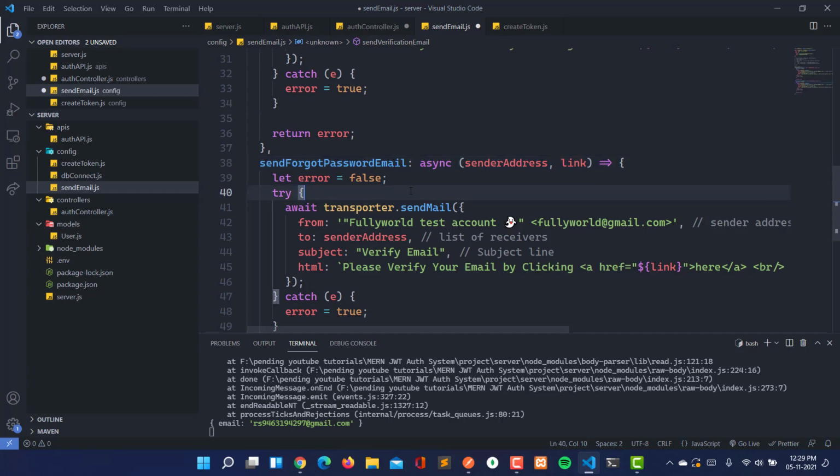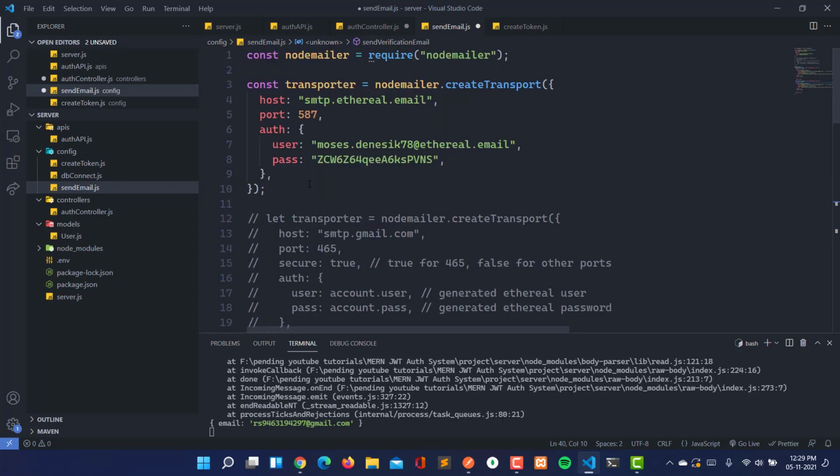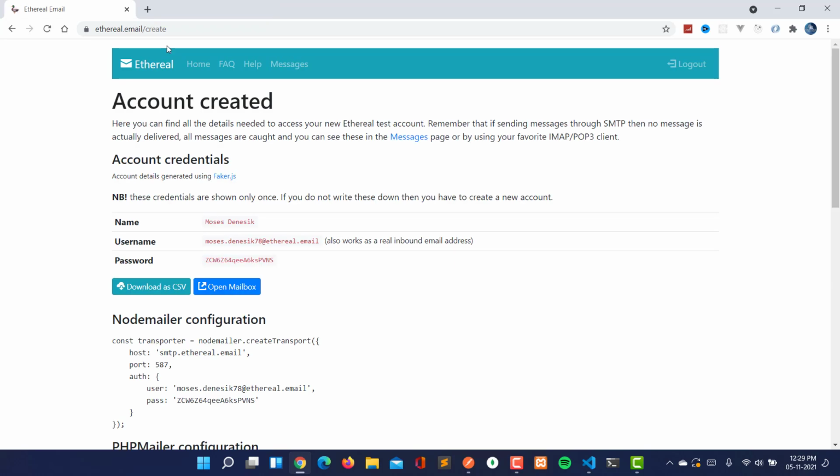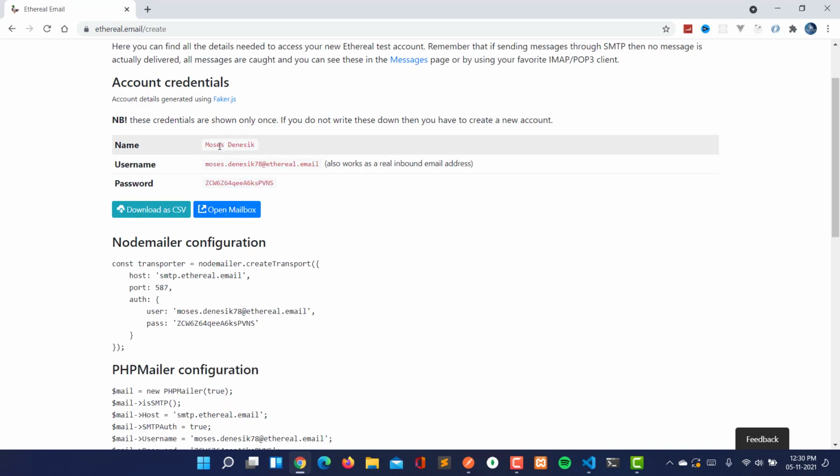So here, see, we have created the transporter, and I am using Ethereal here. Whenever you close the browser and the session is gone, you have to create a new Ethereal account, and it will give you another username and password.